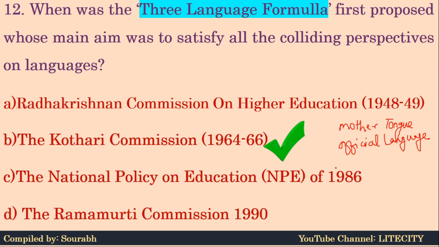And third was a modern Indian or any European foreign language which are not covered in either one or two. So this was the three language formula, and later all the chief ministers agreed to this formula and it came